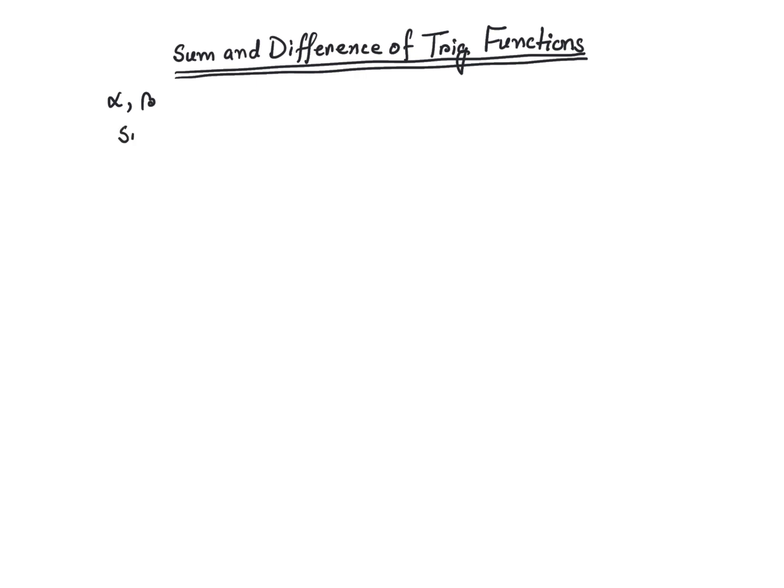So sine of alpha plus beta is equal to sine alpha times cosine beta plus cosine alpha times sine beta. Now, if you want to use negative, all you have to do is put a negative sign here and this becomes negative. So sine alpha minus beta is going to be sine alpha times cosine beta minus cosine alpha times